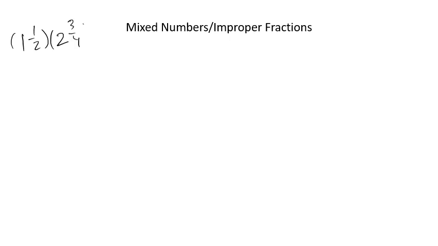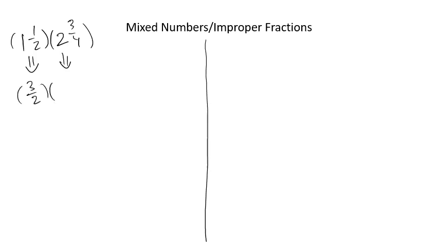And I want to look at two different ways that we can solve this problem. One way we're going to do it is by just converting this all to improper fractions. If we change this to improper fractions, we get 3 over 2 times, and this would be 4 times 2 is 8, plus 3 makes 11 fourths. Right. So now if I were to draw a rectangle for this,